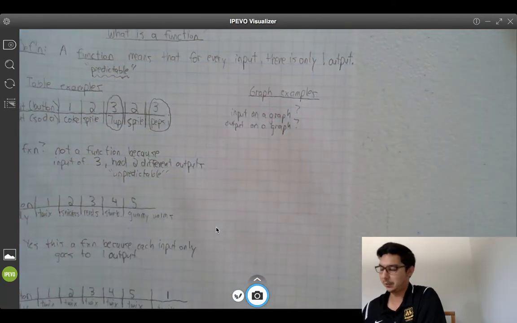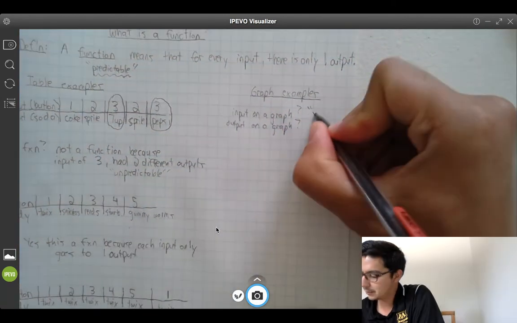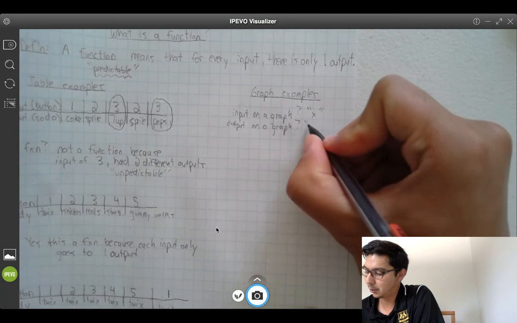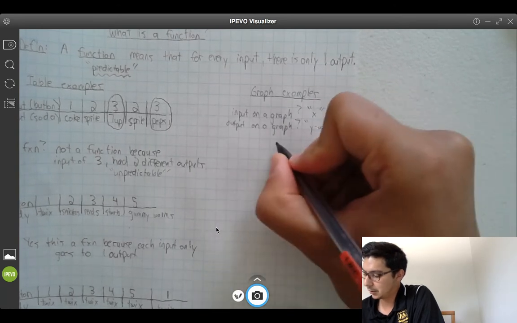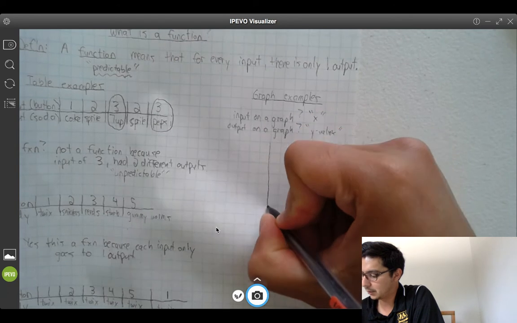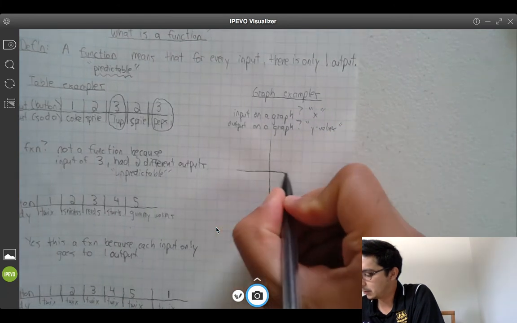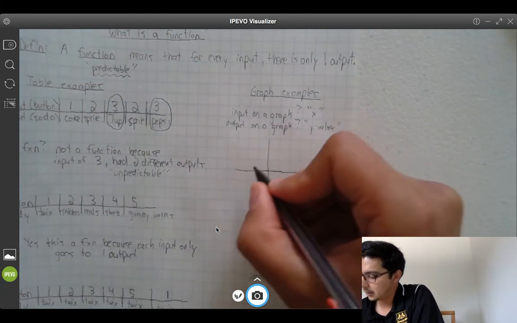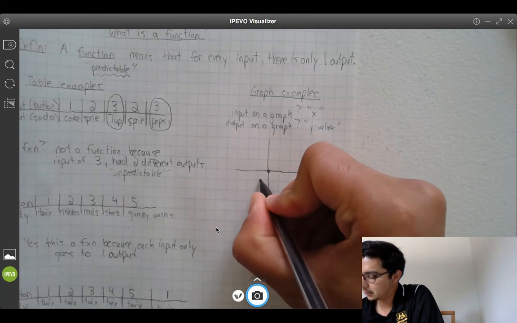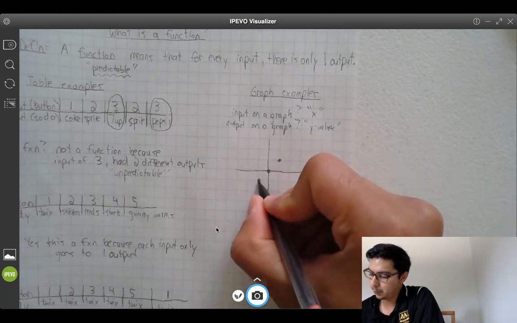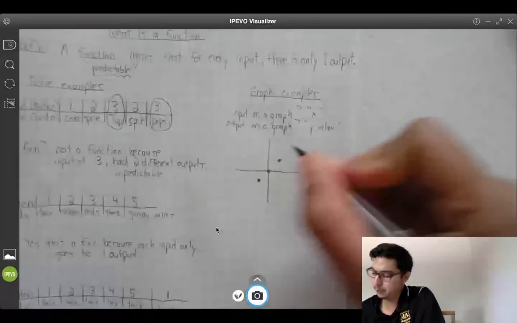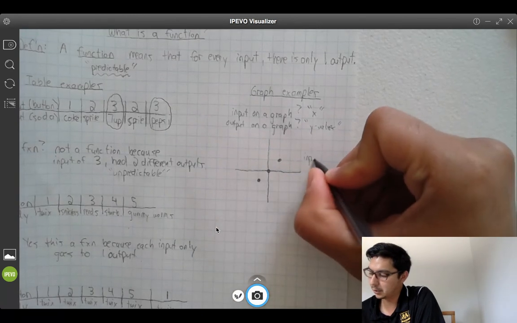So an input on a graph is typically the X, and the output on a graph are the Y values. Right. So let's look at this first example and make sense of it. So I'm going to make a little graph here, and let's say the graph looks something like this. So this point right here, your input, if I was to make a table so you can make sense of